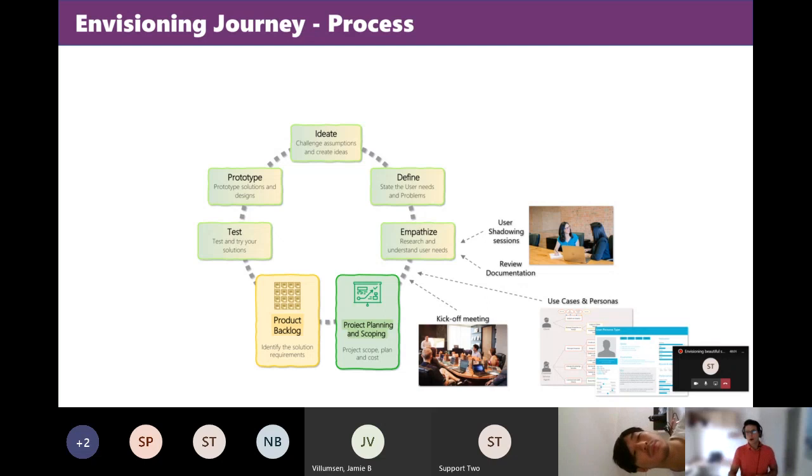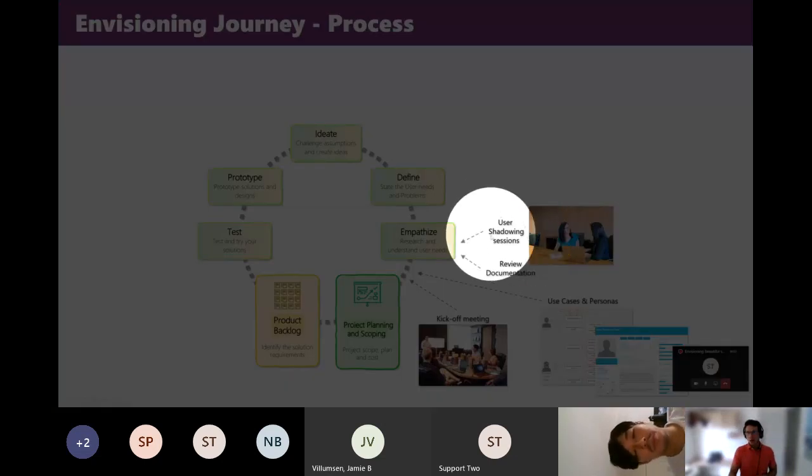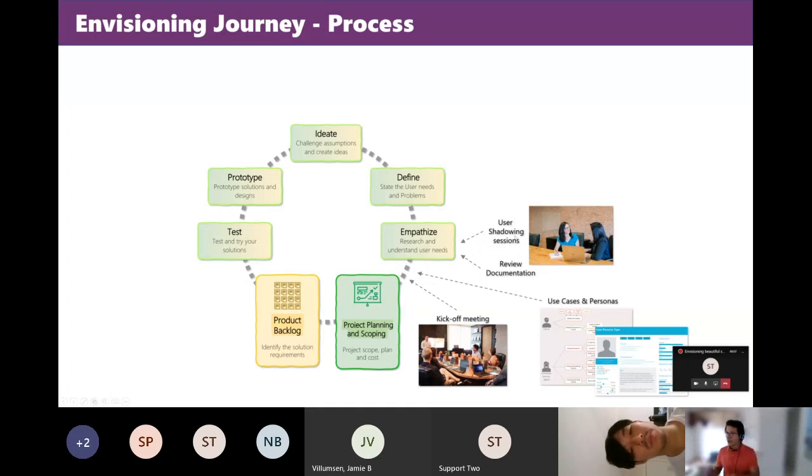I'll cover in one of the slides later on, I'll go deeper into what a shadowing session is, right? And my tips to run them and why it's so important to run shadowing sessions. But especially here, you want to run those. Then